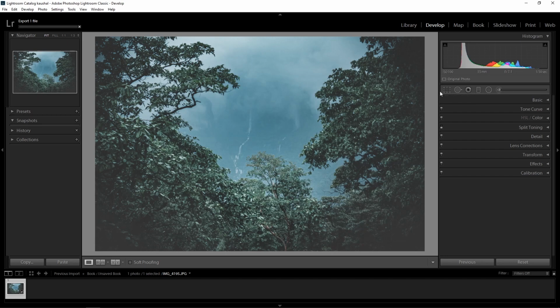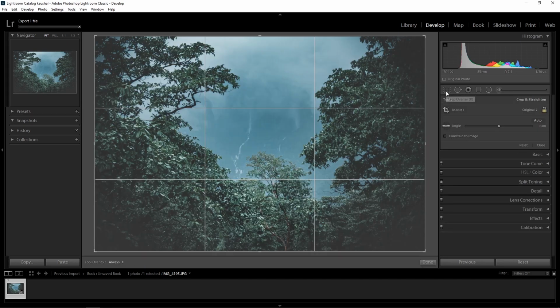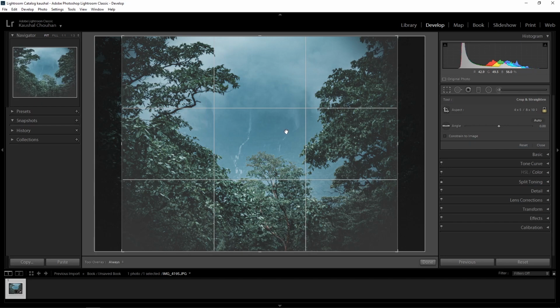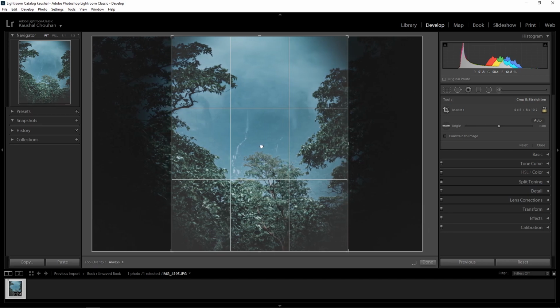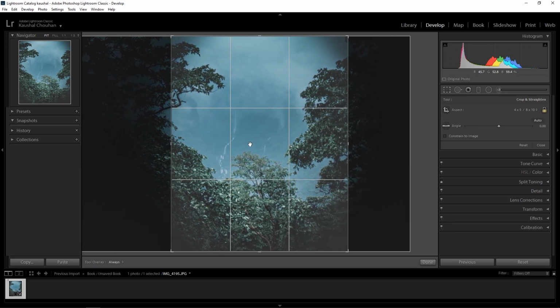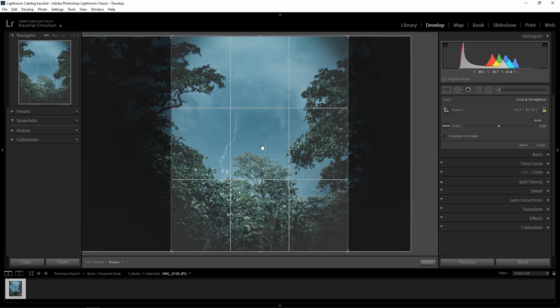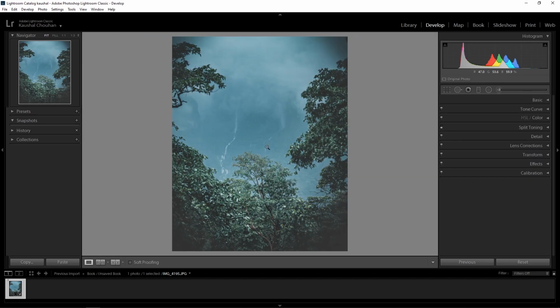Now if you want to export it for Instagram, click on original 4:5, press X, it will toggle the landscape to portrait, adjust the position of the image, make that little tree in the middle. Okay, hit enter. It's looking quite good actually.